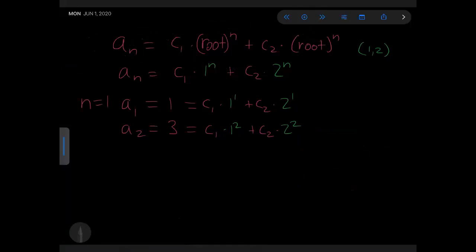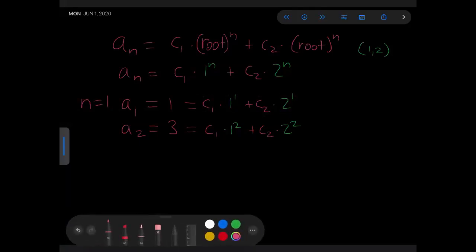So a sub 1, because n equals 1, is equal to 1, because we assigned that. But it's equal to our first constant times one of our roots to the nth power, and n equals 1 in this case, plus our second constant times 2, which is our other root, to the nth power, which is 1. Our second equation, for n equals 2,